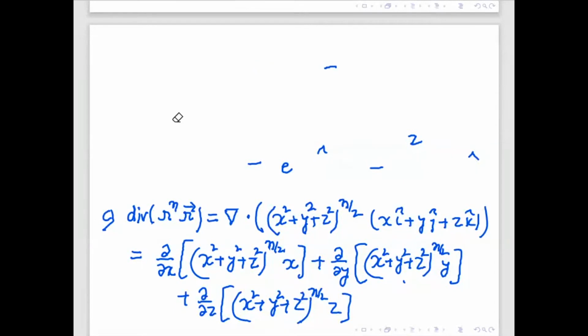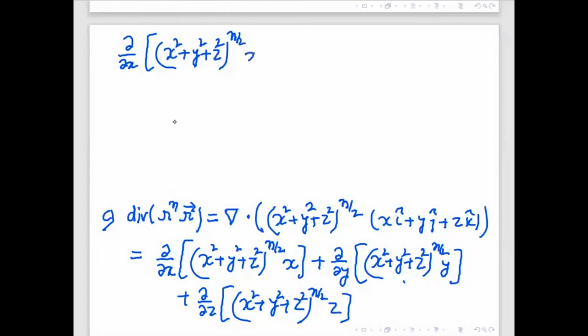I will do only one term, the remaining I will write directly. So the first term, del by del x, this n by 2 into x. This one I am doing. So first term as it is,